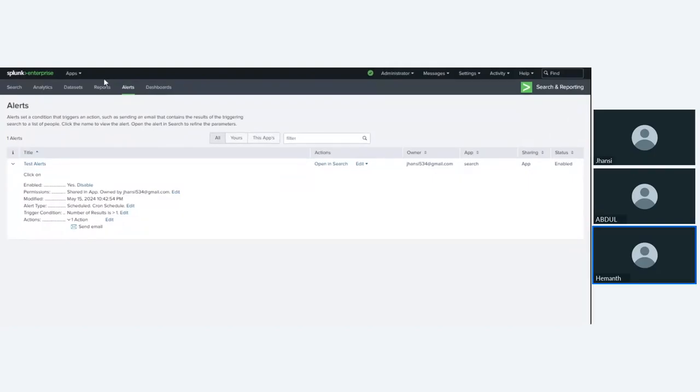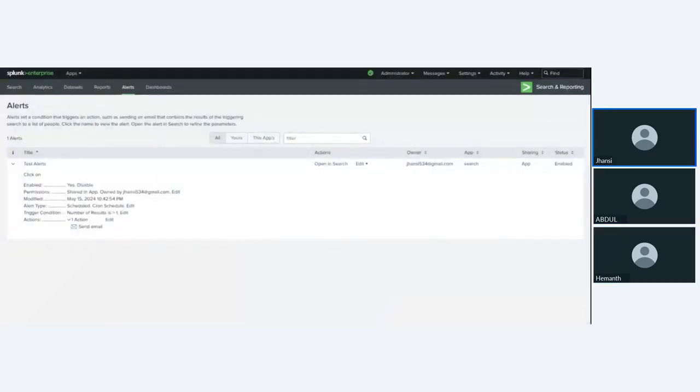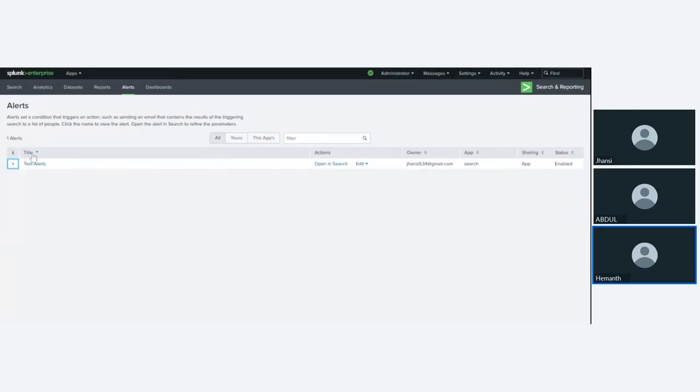Jansi, within that alert window, we have title, action, owner below. On the right side, below that. We have title, right? Just a little above, alert type. That menu bar kind of thing. Next to title, you can see actions. Yeah, right side. Here we can edit the action. There is the edit button, right? Delete alert. Can you clone that alert,